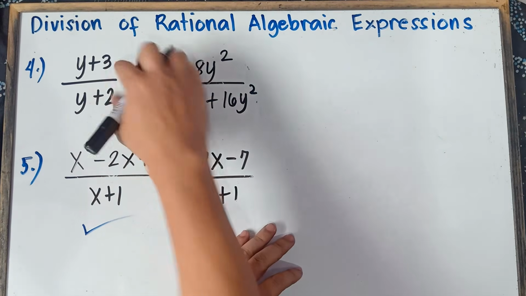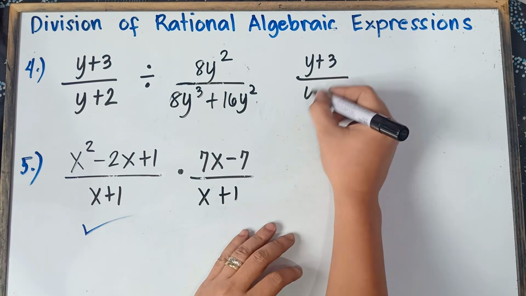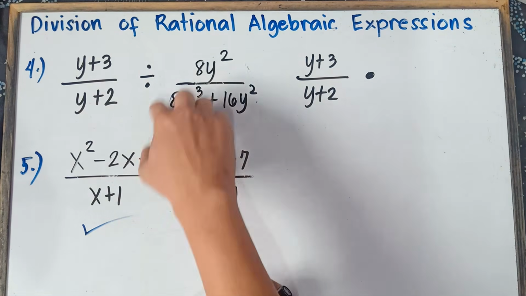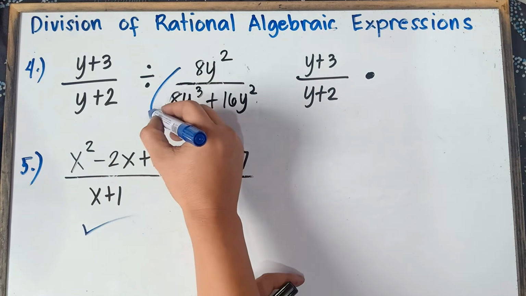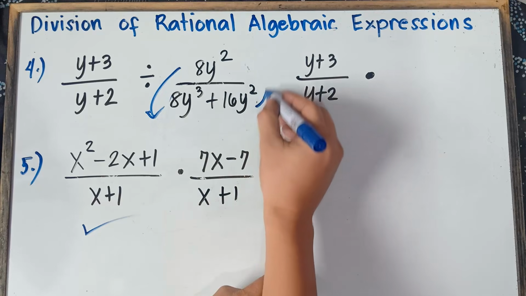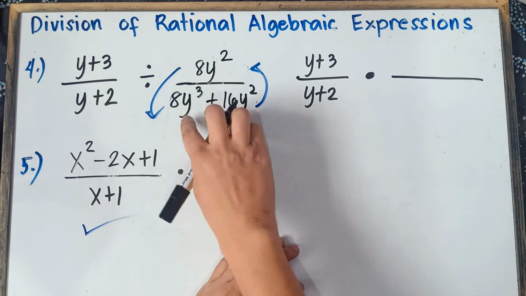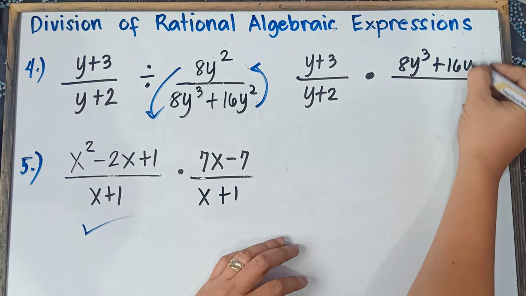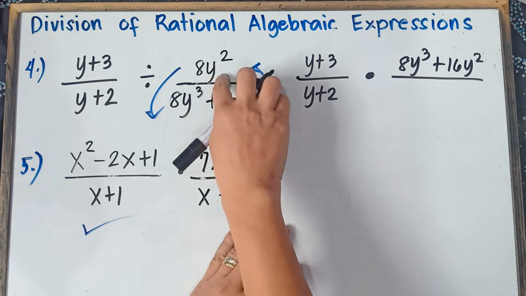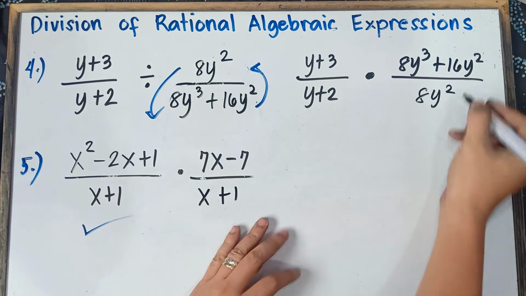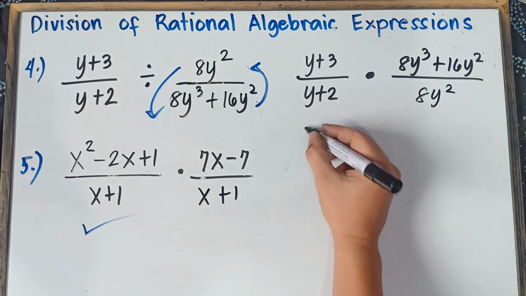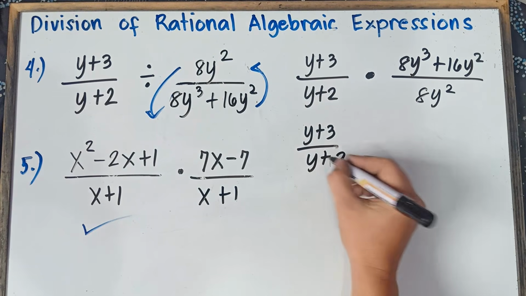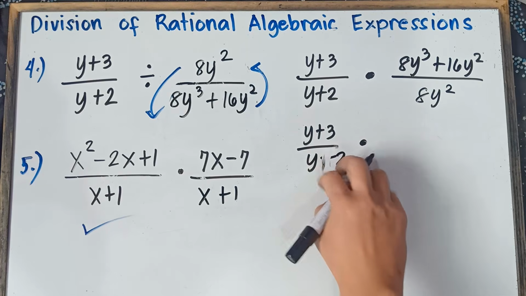Alright, so let's proceed to number 4. Copy the dividend y plus 3 over y plus 2. Now, instead of division, we proceed to multiplication. And then simply rotate this one. This numerator will become the denominator, and then this denominator will become the numerator. So this denominator will become the numerator, 8y cubed plus 16y squared. And then this 8y squared will become the denominator, 8y squared. Alright, so copy the dividend, y plus 3 over y plus 2, multiplied by